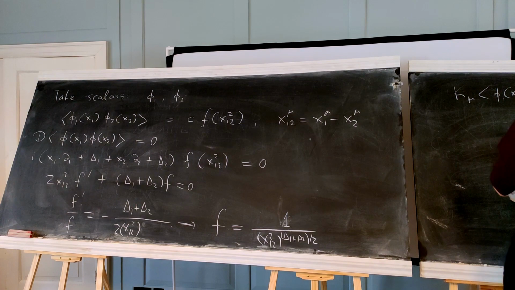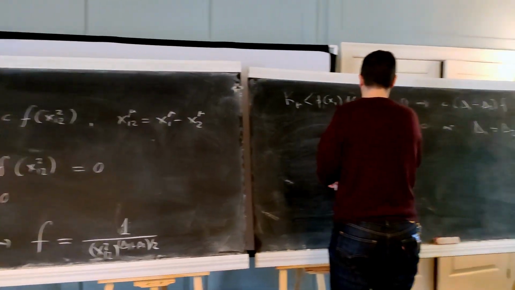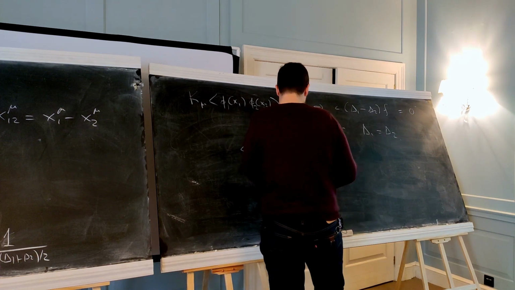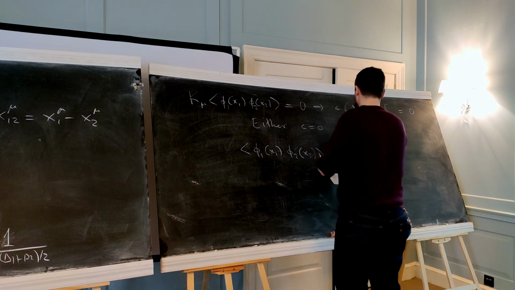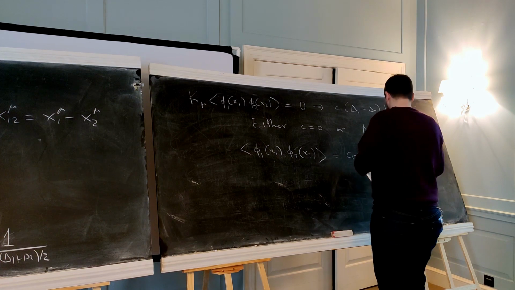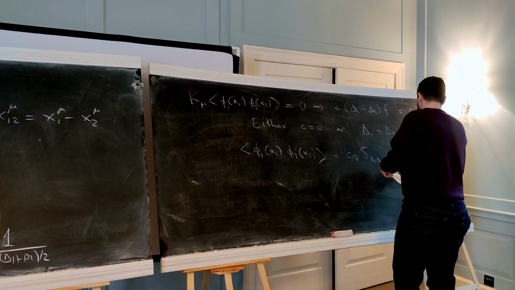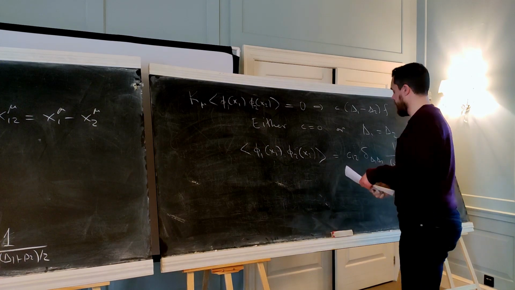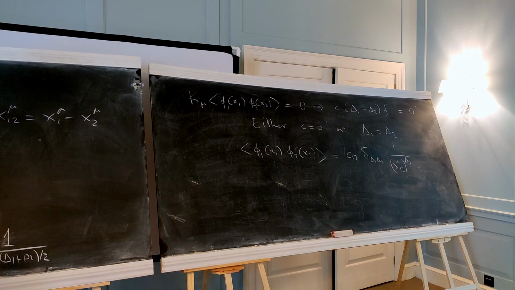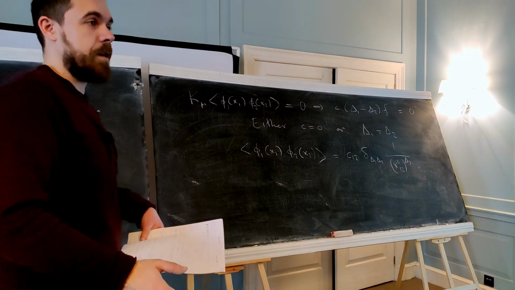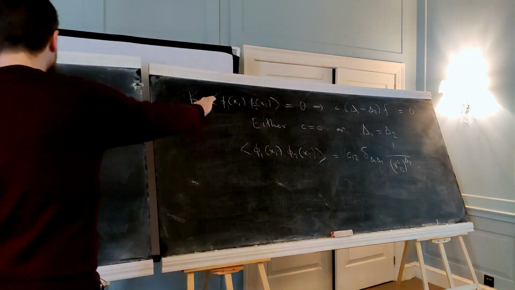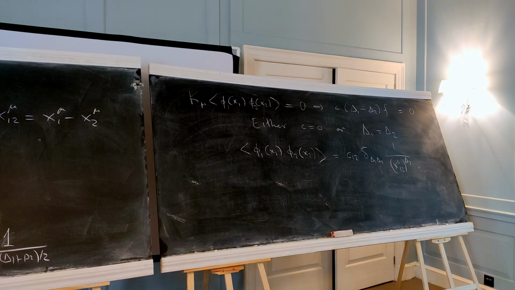So this is the result that you get, and finally you can write that phi 1 at x1, phi 2 at x2 is some coefficient c1,2, and then the Kronecker delta of delta 1 and delta 2 times this power law. This is the most general form you can have in a conformal field theory for the 2-point function. And this we worked out here for the 2-point function of these two operators that are scalars.